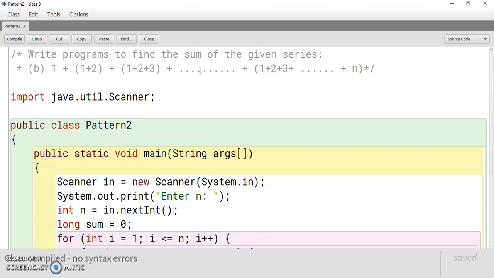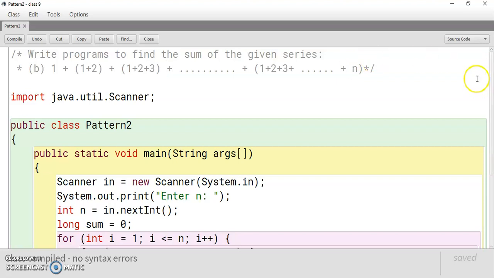So one series is given. In maths, different types of series are available, no? So one series is given, and we have to find the sum of that series. The previous question was to display a pattern only; sometimes it will display the series, and otherwise you will get a question like find the sum of the series. So here the series goes like 1 plus 1 plus 2 plus 1 plus 2 plus 3 till n. See, here we have to give n's value. Suppose n's value is 10, so 1 plus 2 plus 3 plus till 10.